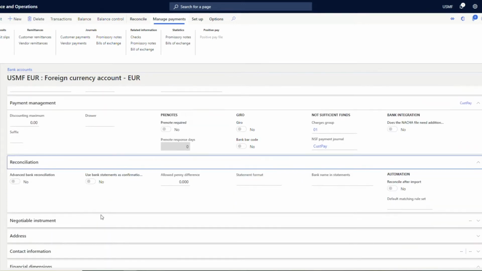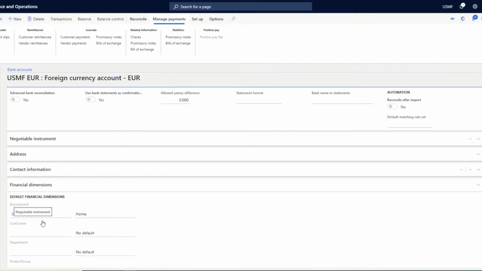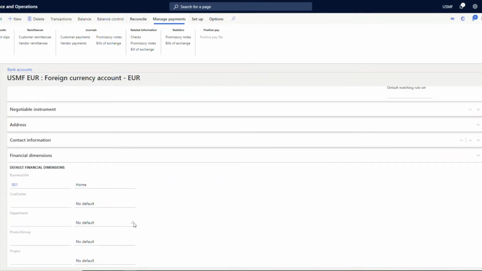Moving on to reconciliation, I can specify whether this bank is going to use advanced bank automatic reconciliation. If so, I can enable this and I can have the MT940 format directly imported into the system and the system would automatically reconcile the statement for me. Similarly, for bank account related transactions, I can always have the financial dimensions defaulted on the master so that whenever this particular bank is used in any transaction, automatically the transaction vouchers are going to have the financial dimensions defaulted